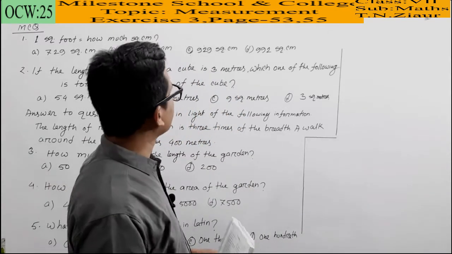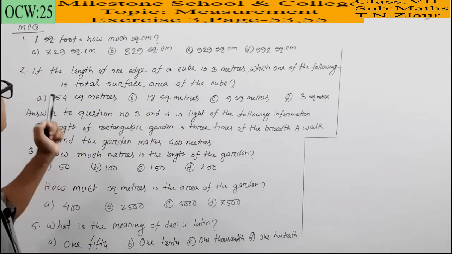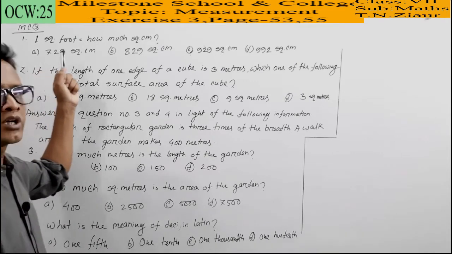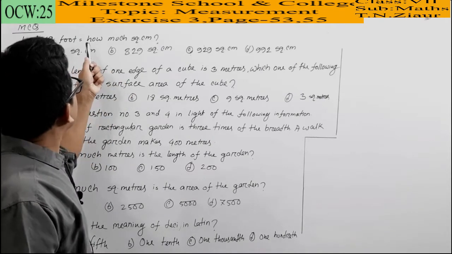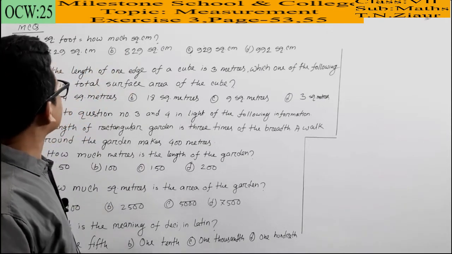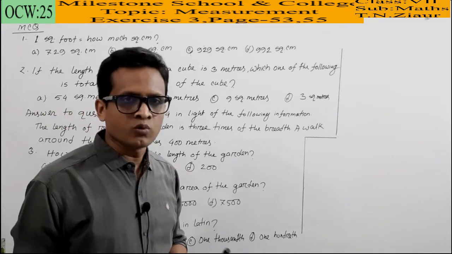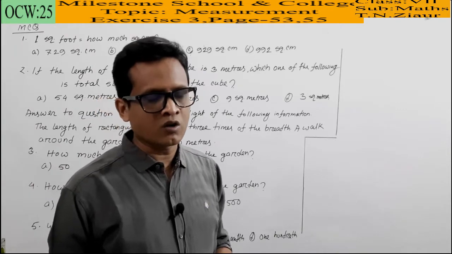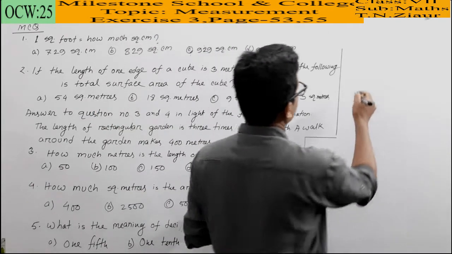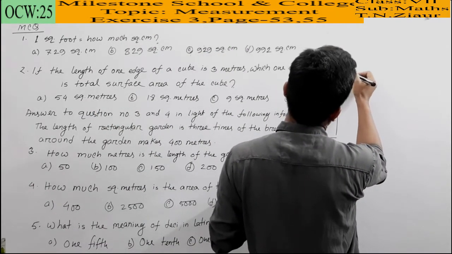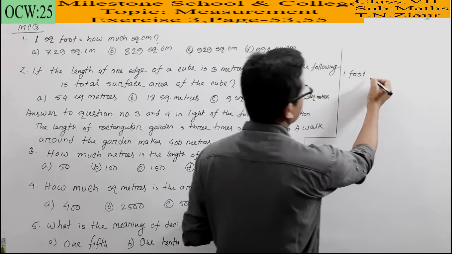If you open your maths book, first here is the first MCQ: 1 square foot is equal to how many square centimeters? How to find this? At that time, first you have to know that 1 foot is equal to how many centimeters. So first we can write here, students, 1 foot is equal to